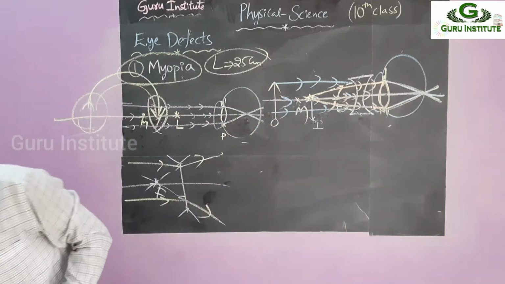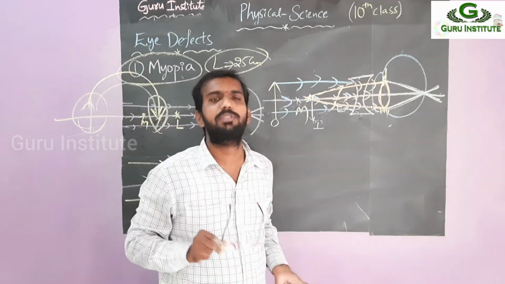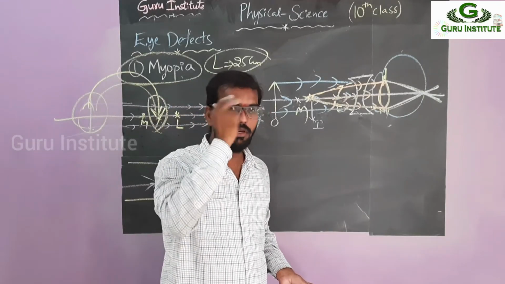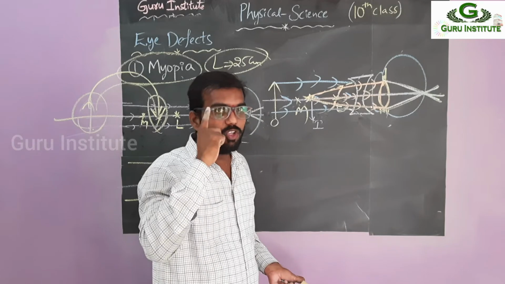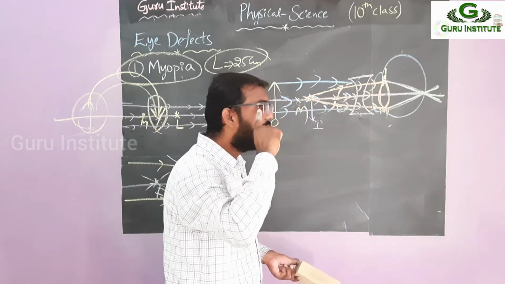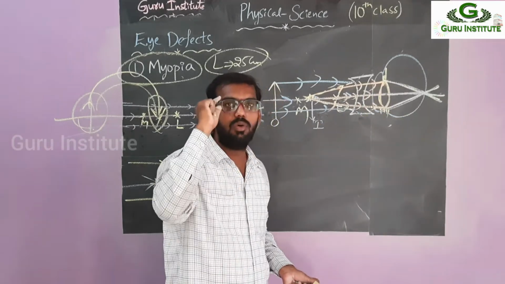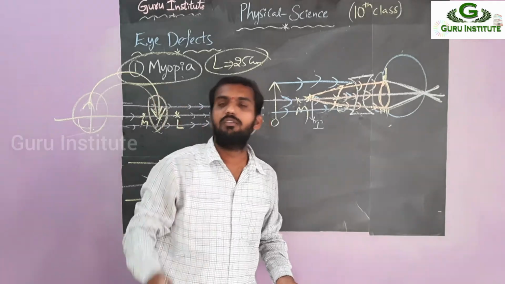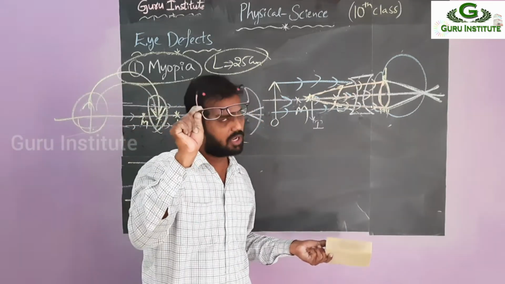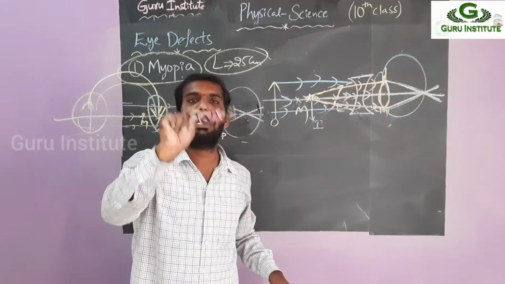So for that defect, you can use this spectacle, the concave lens. Suppose I am suffering from myopia, and the doctor suggested this lens to me. Then it is visible. Before using this, I can't see, it is a blurry image. Whenever light is falling on the lens, it goes back and the image is formed, and that is entering into my eye. So for myopia you can use this. The type of lens is changed in the glasses frame.